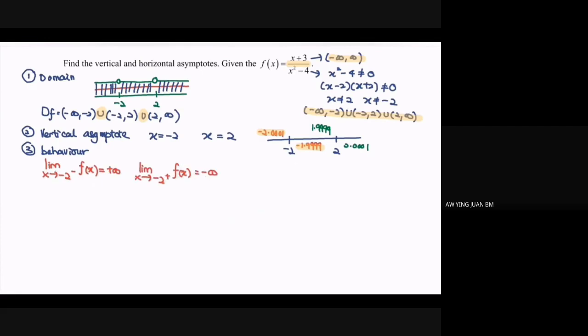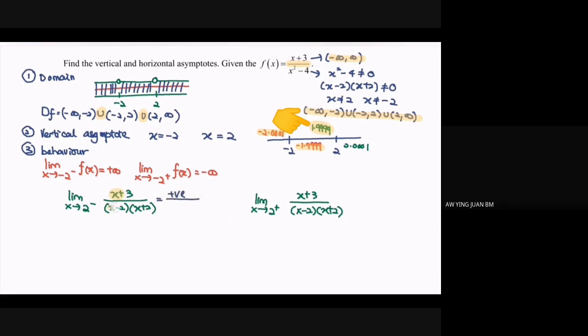So now I'm going to discuss the behavior when x approaches 2 from the left and from the right. So repeat the situation. Limit when x approaches 2 from the left. Limit when x approaches 2 from the right. Kindly substitute the function x plus 3 over, do remember, pick the simplest form, so we will have x minus 2, x plus 2. So now let's refer to the left hand side. We have 1.9999. So if we substitute, for sure, we will obtain a positive value over.